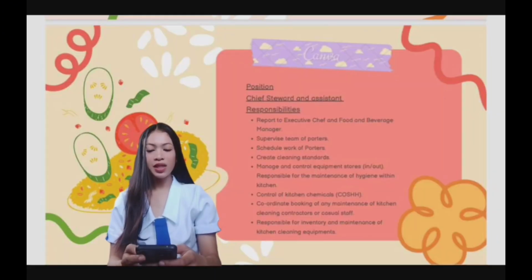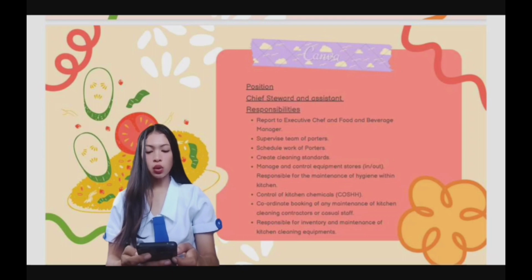So, next we have the position chief steward and assistant responsibilities. These are the examples of responsibilities of a chief steward and assistant. First, report to executive chef and food and beverages manager, supervise team of porters, schedule work of porters, and create cleaning standards, manage and control equipment stores in or out, responsible for the maintenance of hygiene within the kitchen, control